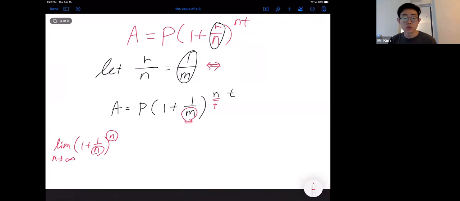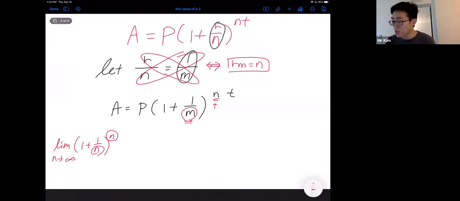And by all means, you can use the previous formula, r over n equals 1 over m, to accomplish that. We can cross multiply here and say r times m equals n. And that's basically what I'm going to plug in right there, so I can get it in terms of m. A is equal to P times 1 plus 1 over m to the power of